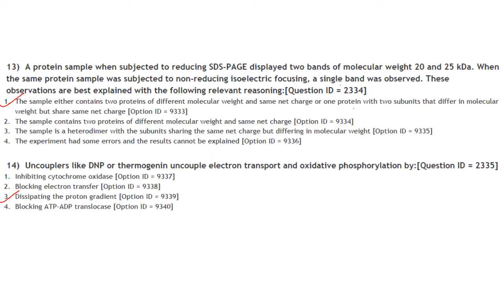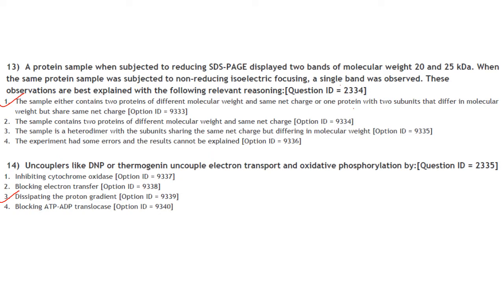So reducing SDS-PAGE means they have added beta-mercaptoethanol or DTT, dithiothreitol, to the protein sample, and then they have loaded the SDS-PAGE and you got two bands, that is 20 and 25 kDa. So that means there is some disulfide bond present between these two proteins, which is broken by the DTT